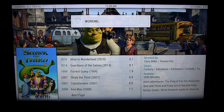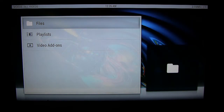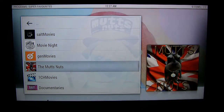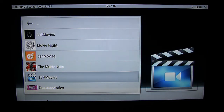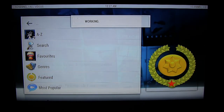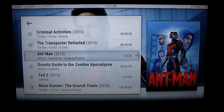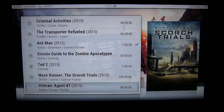So let's back up here. And that is Gen Movies. And again, I showed you Gen Movies, showed you Must Nuts. Another option is One Channel Movies, which as you're going to hear, is pretty much the same thing. More of an array of movies. We'll go to what's featured here. And again, you got Criminal Activity, The Transporter Refueled, Ant-Man, Zombie Apocalypse, Ted 2, Maze Runner, Hitman,